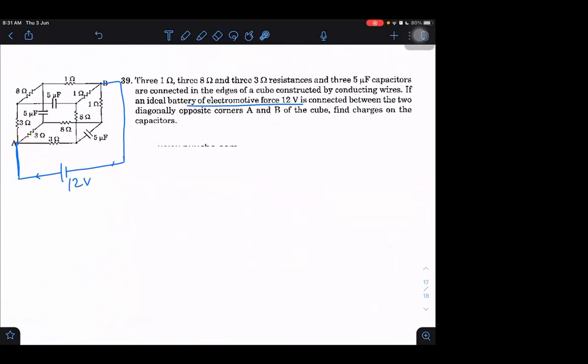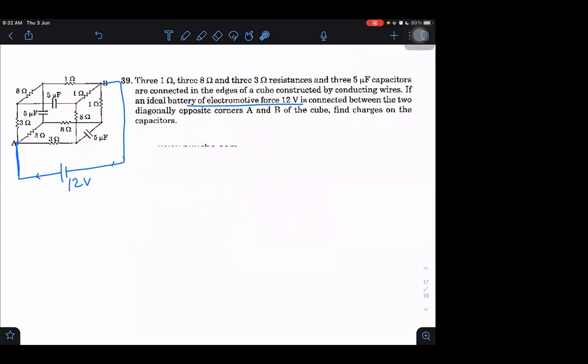Now, there will be some time constant. Whether we are able to determine it or not is a different thing, but it will take time. Anyway, again, why time? I'm again confused. Why are you worried about time? If it takes infinite time, then also our answer will be the same. If it takes a large amount of time, then also our answer will be the same. They are saying final charges. So when they ask for final charges, final means final. Find the charges on the capacitor. Charges on the capacitor means we are already assuming there is steady state here, so sufficient time has already elapsed. Then we are finding out the charges on this.